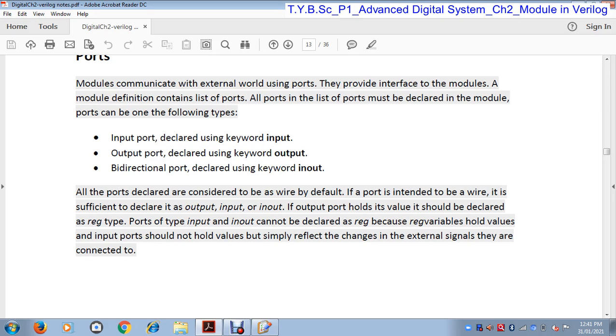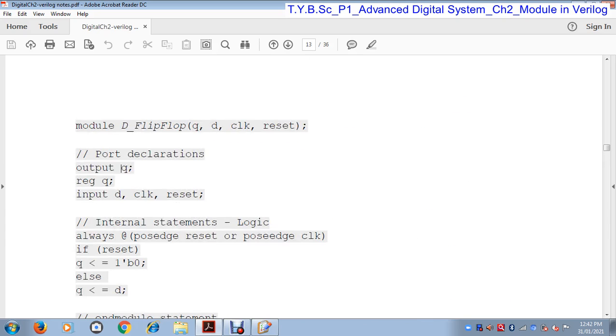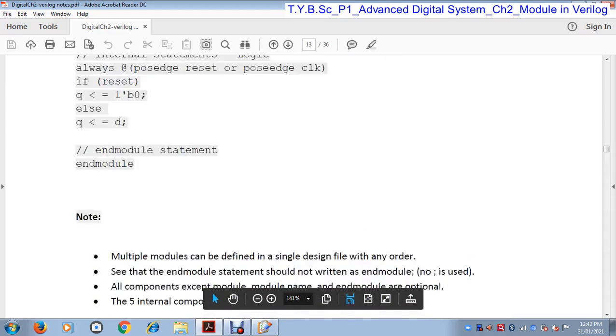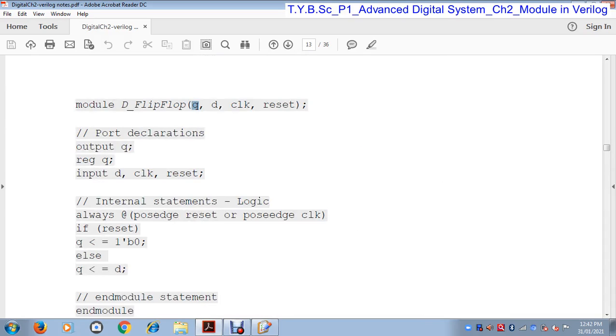If an output port holds its value, it should be declared as a register data type. That means if one of these variables holds a value, then it is used as a register data type. Here we saw in the D flip-flop that Q is the output, so Q is defined as the output port.